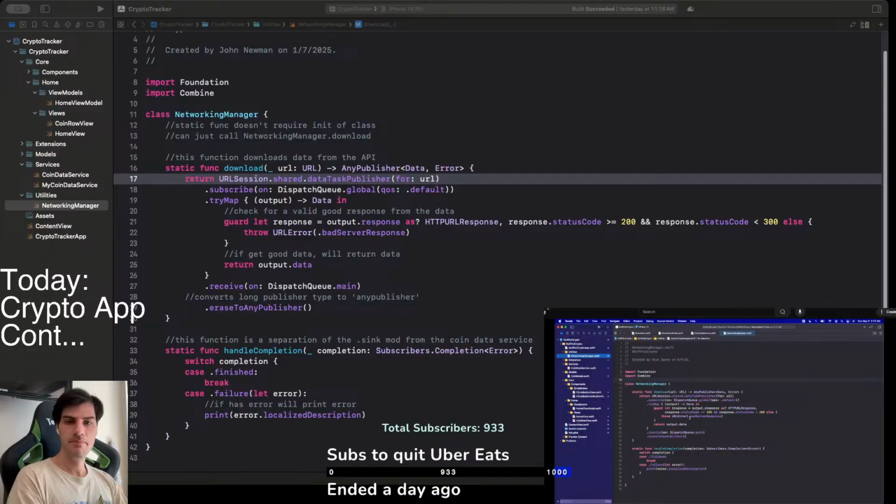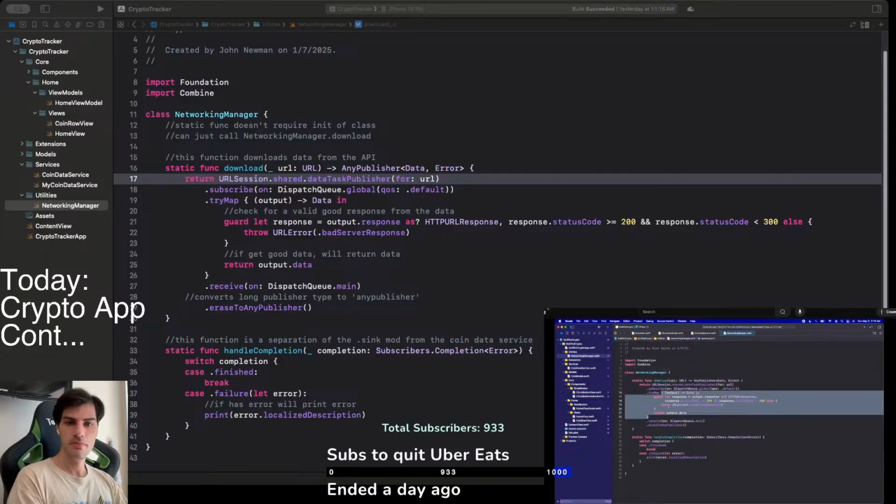Alright, so the first thing I want to do here is actually just update this try map, because we are doing it here, but if we wanted to create like a